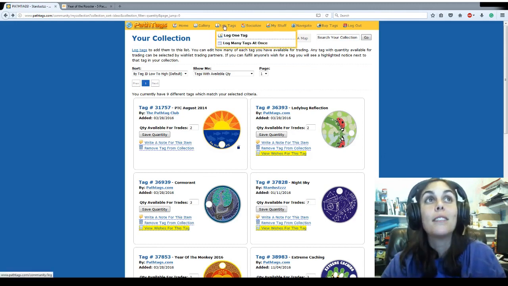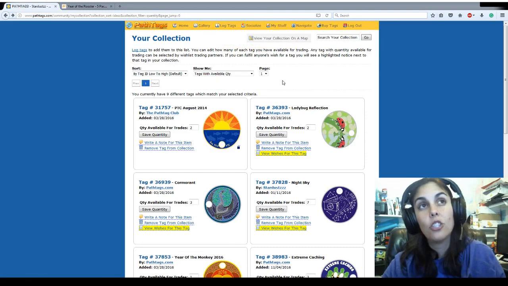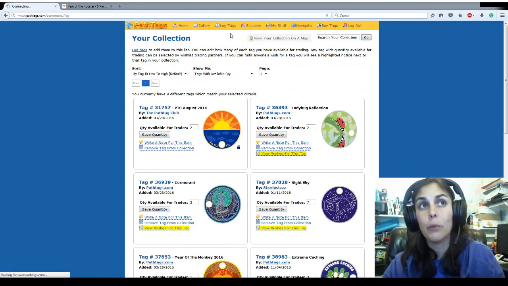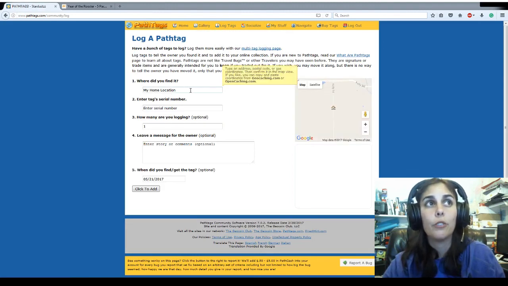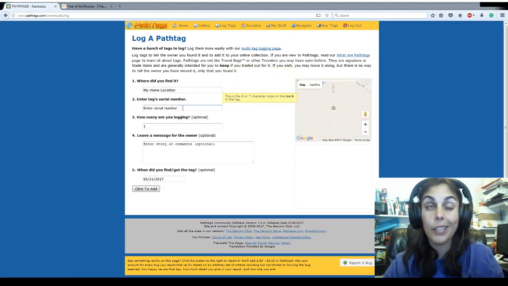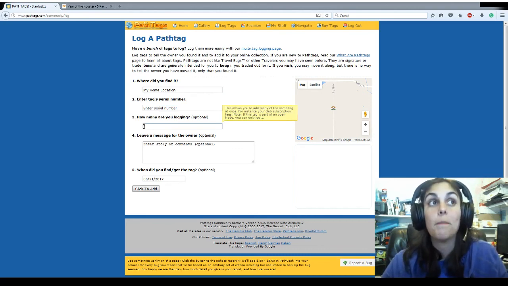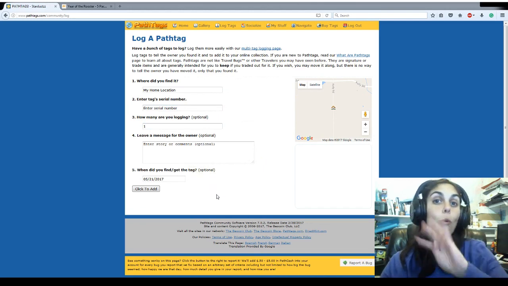So what I'll do is, the order comes in from GeoCoin Store. You can hit log one tag like we were before. You're going to go ahead and put in your location, the zip code, or whatever you want to put in there, anywhere, the serial number, and then you can put how many you're logging. So I will usually put 5 because that's what comes in the packet, and then it'll put 4 as available